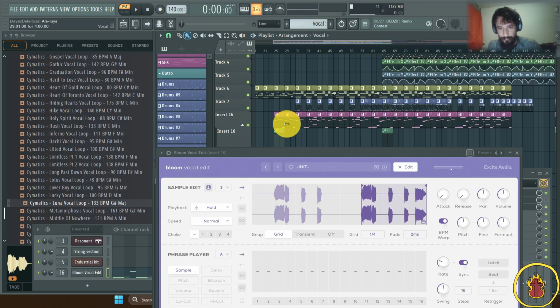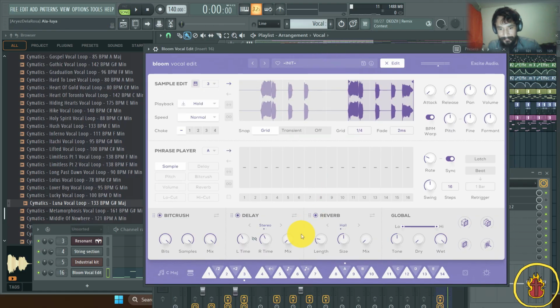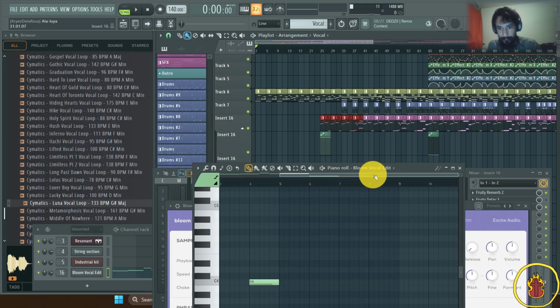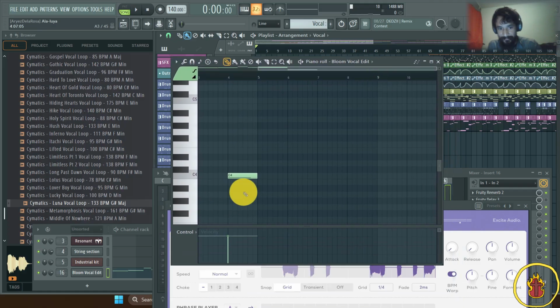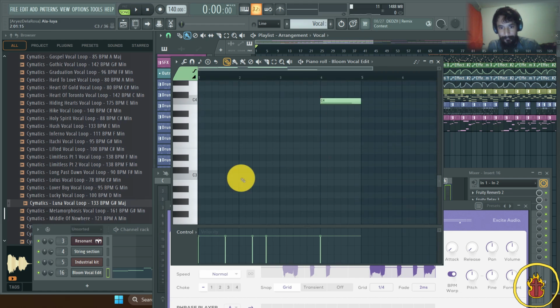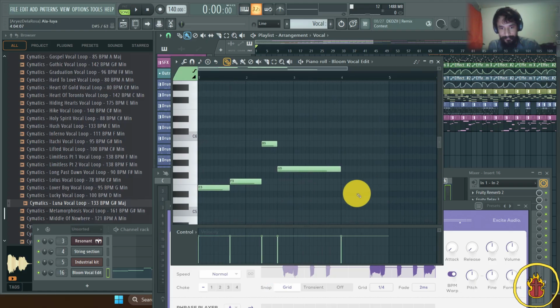And that's pretty much what you would hear in this section right here, but it's not layered with other instruments. So as you can see, it's playing the samples that I placed in here, but the way I got them to play like this was through piano roll. So you would just place the samples and you would have to find them accordingly in the piano roll and then place them down at your desired length